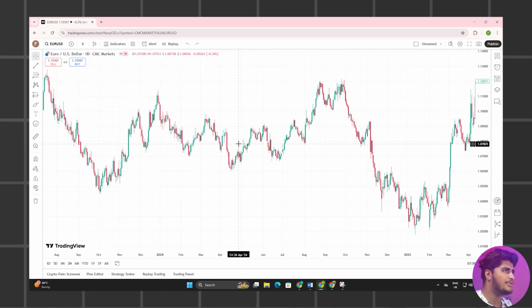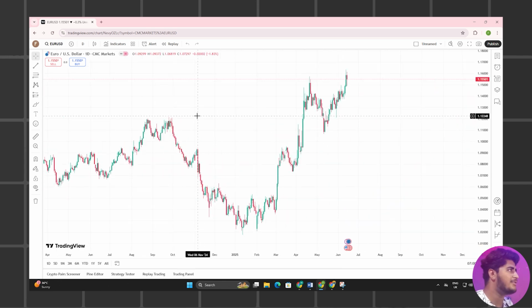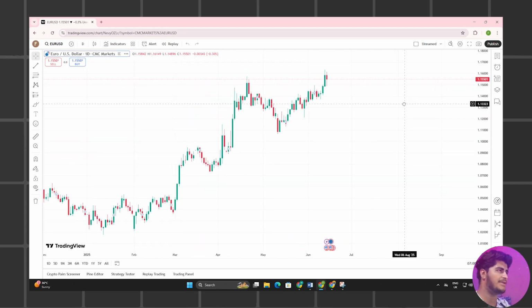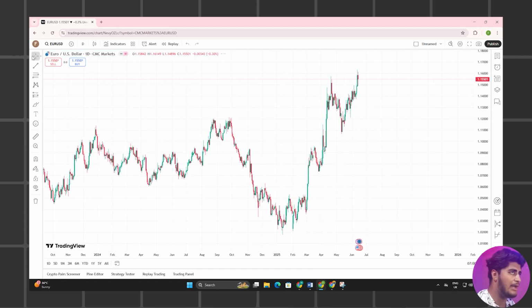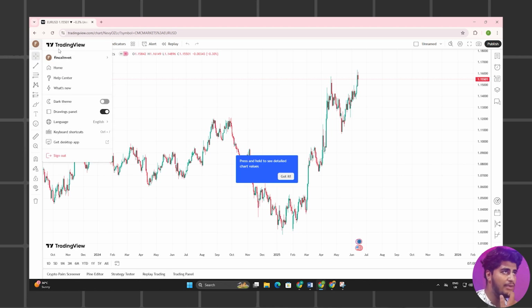After coming to this page, you can see the icons, settings, and other things. We will explore all of these step by step. Number one, you can see your Google account here. Click on it and you can see your tradingview.com, your account, your home, and the help center.